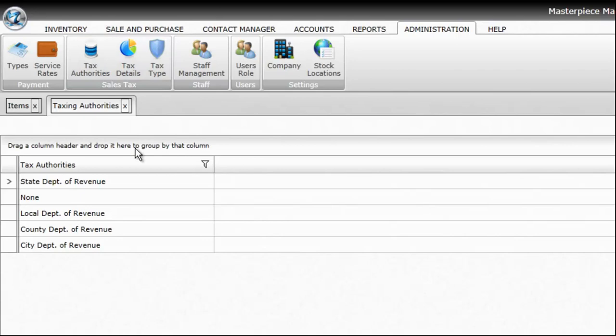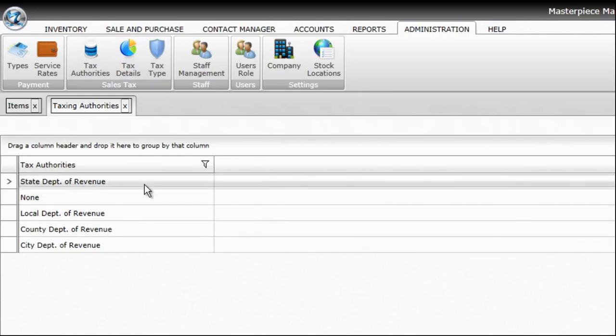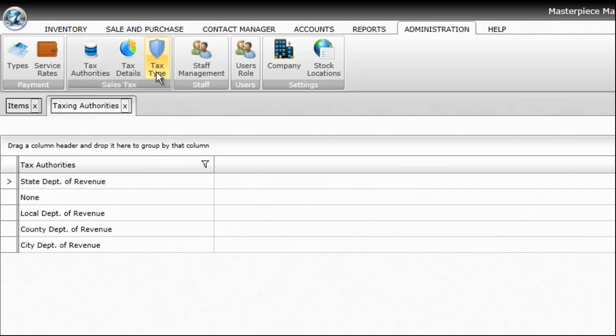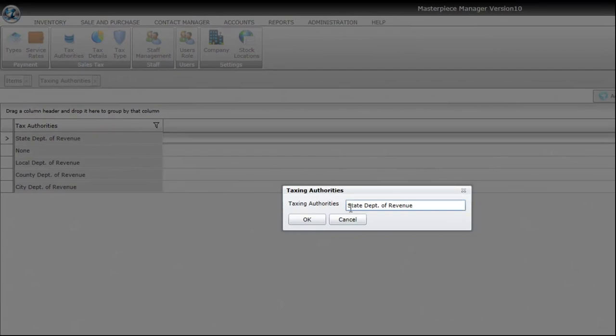It is best to rename and utilize the existing taxes that already exist in the system. One good reason for that is that once a tax is created, you typically cannot delete it, nor would you want to. Also, keep in mind that when it comes time for a tax rate change in the future, you'll keep all your current taxes that you have set up so that you have a tax history, and then you'll add an additional tax detail, and then an additional tax type, and you'll just basically make the new tax type the new default. So I'm going to go ahead and click on the first one here and change the taxing